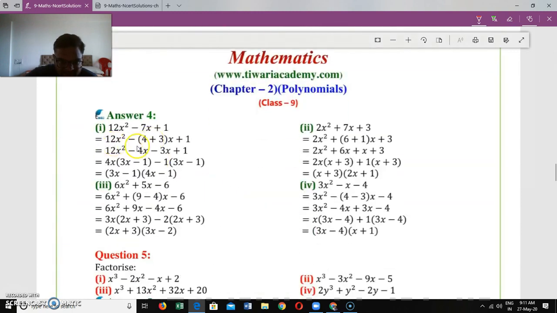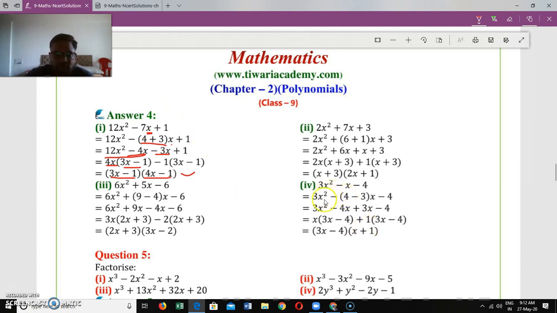Let's see how we have done here. Here we have written minus, 4 plus 3 is 7, and with the x, since we have x in the middle term, when we open the bracket, it will be minus 4x minus 3x. From the first two, you have to take out common 4x. So 3x minus 1 will be left in the bracket. And here, since 3x minus 1 is the same in the bracket, we'll take minus 1 as common. So we're left with 3x minus 1. What is left outside the bracket, we'll write it once, and where we have two brackets with the similar terms, we'll write it once. So these are the two factors of the given polynomial, 12x square minus 7x plus 1.